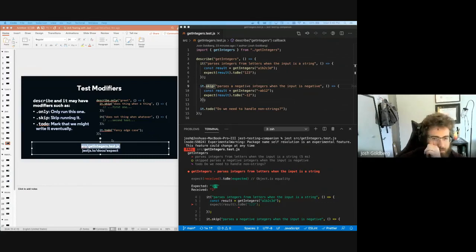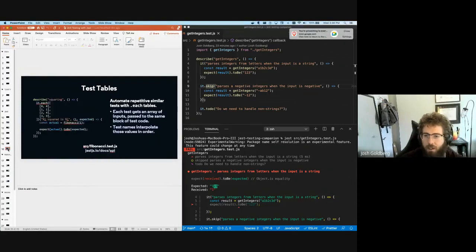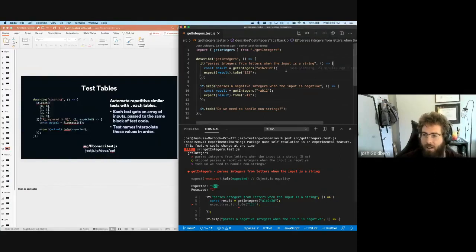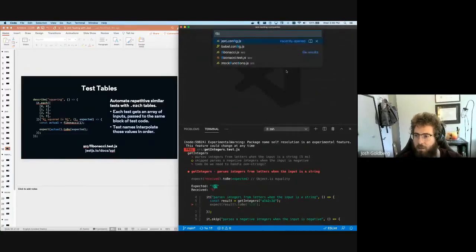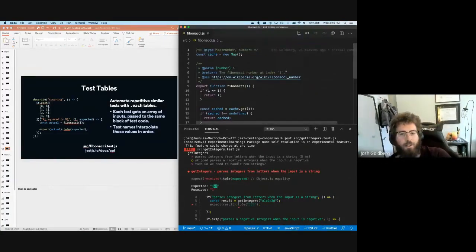Lastly, from the core stuff, test tables, which is something that I think a lot of people underutilize. By the way, have you all learned what a Fibonacci number is? Has that been part of the curriculum? Does anyone know what a Fibonacci number is? Cool. Cool. So just to recap,